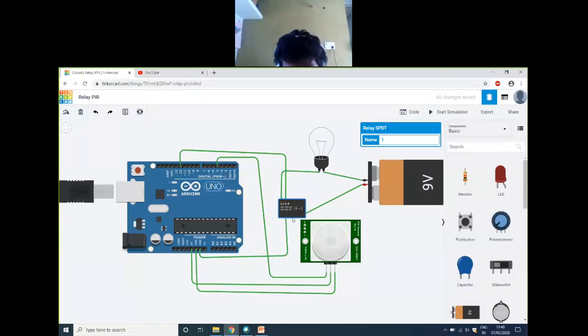If you observe the diagram itself, you have NC here.